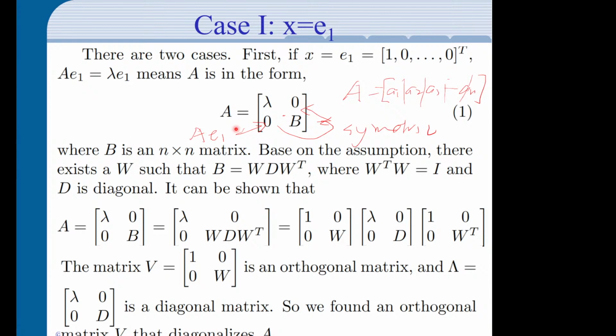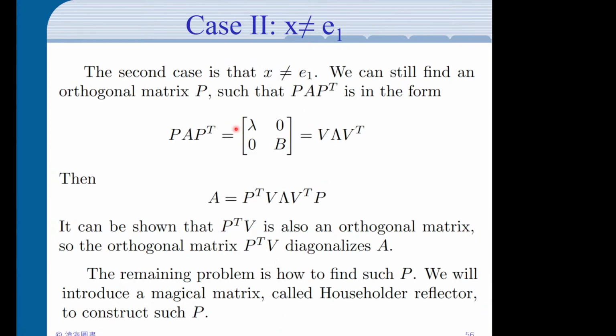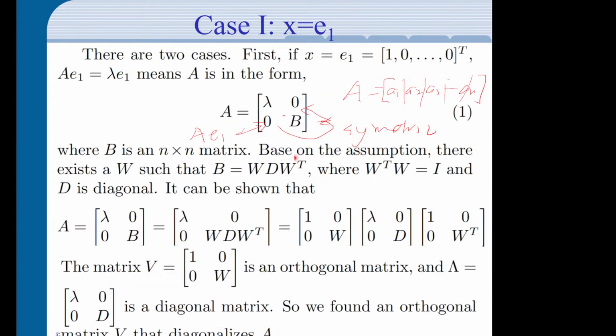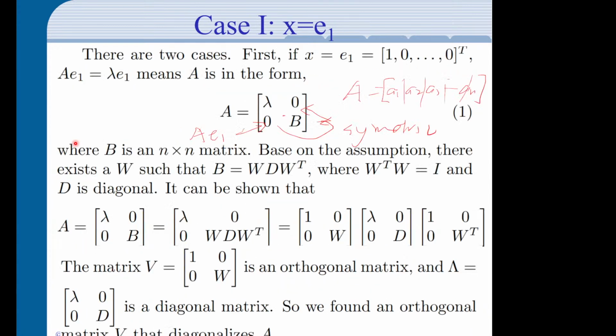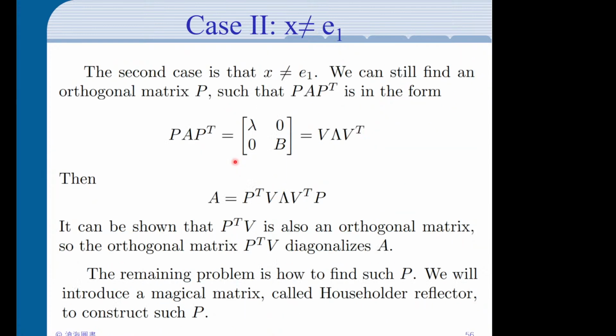And yeah, so that's the idea. To make this idea work, we basically map everything else to this case. There are a lot of details, but what we are doing is, what if the eigenvector we found is not E1? Then what we do is basically